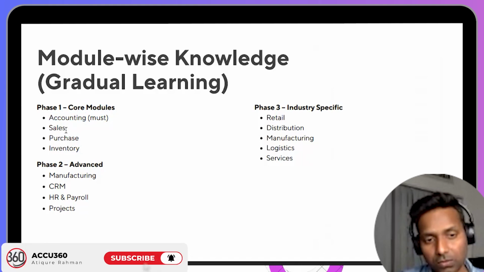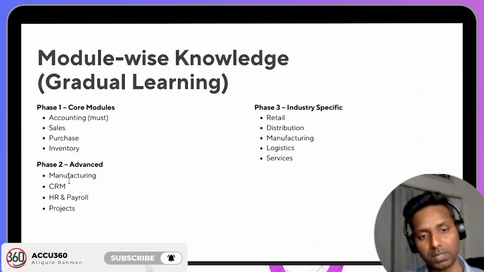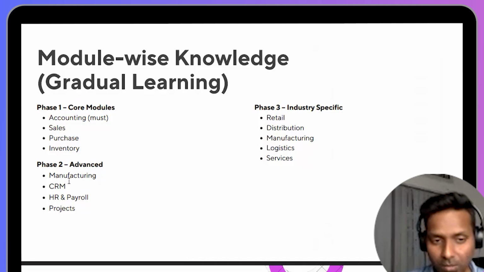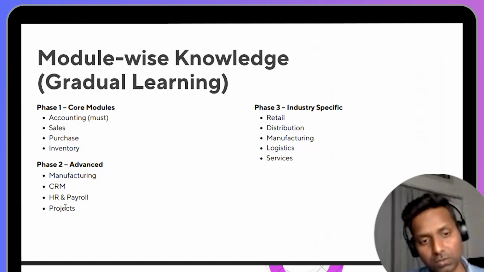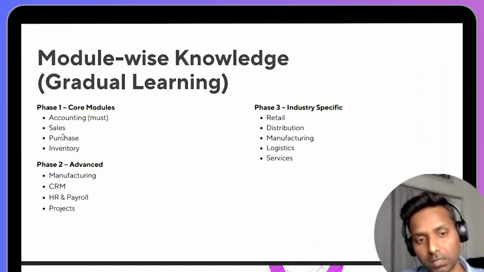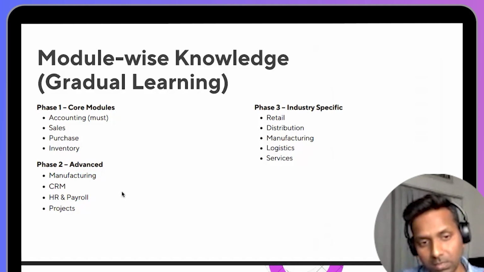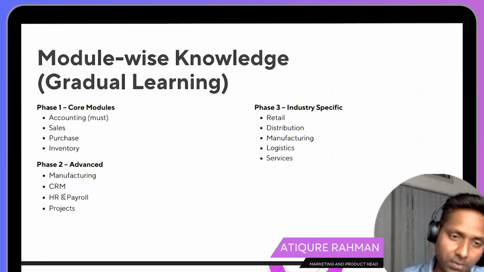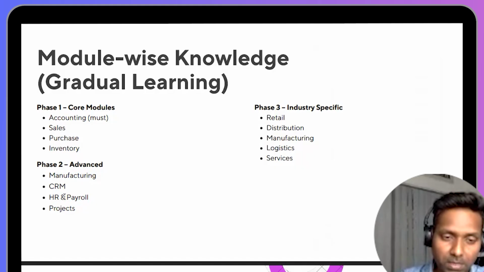So first this is how you should start, and at the advanced level, some companies go for manufacturing, CRM, HRM, payroll, project, and asset maintenance. You can learn that in the next phase, once you are finished and familiar with the basic operations of the ERP and the basic operations of businesses. Then you can go for the industry specific. CRM is mostly used by almost all companies, even if there is no sales team, even the MD uses this if it is a single user company.